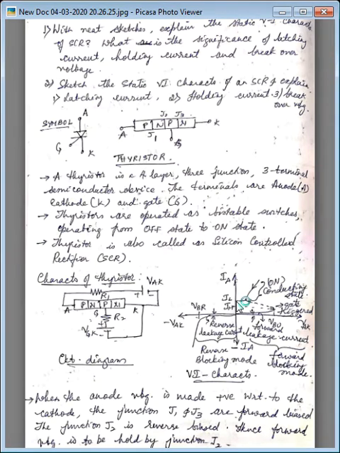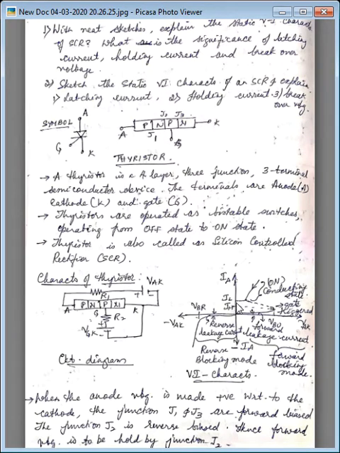So at the latching current level, the difference between the current levels of IH and IL will be very minimal, that is 3 to 5 milliamps. From 0 to the IH level will also be between 0 to 5 milliamps. During this level, from IH to IL, the current flowing through the gate will be minimum, and it is going to flow through the circuit.